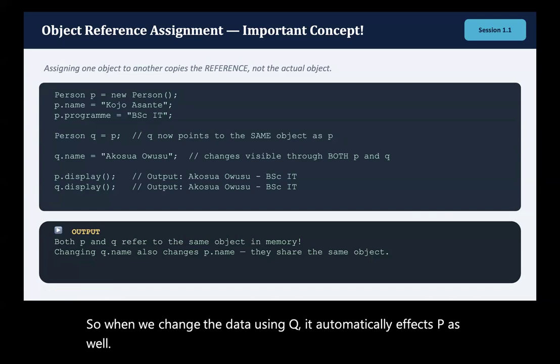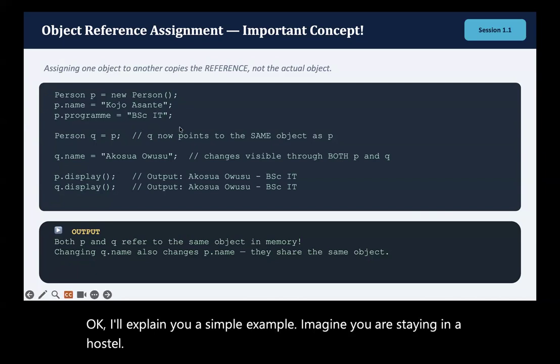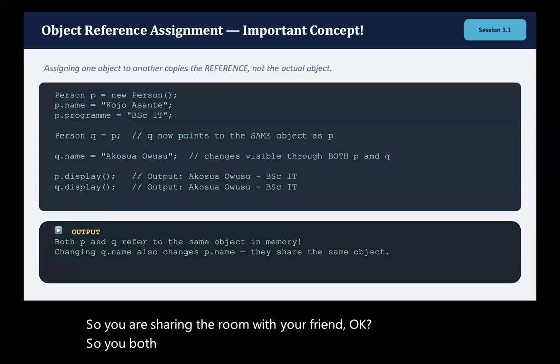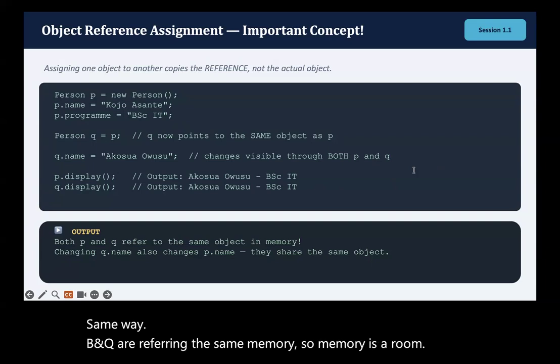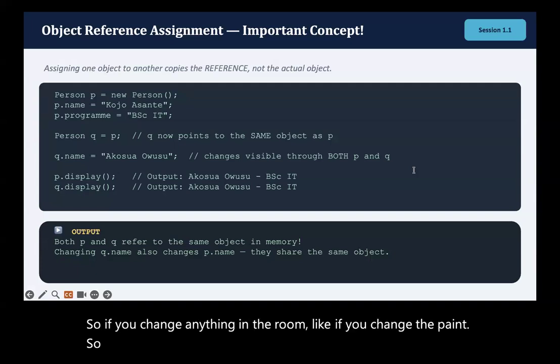I'll explain with a simple example. Imagine you are staying in a hostel and you have a roommate. You are sharing the room with your friend. You both will have keys, but you are accessing the same room. In the same way, p and q are referring to the same memory. So memory is a room. If you change anything in the room, like if you change the paint,